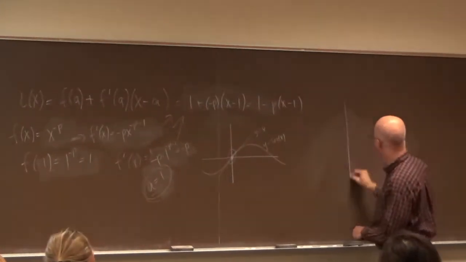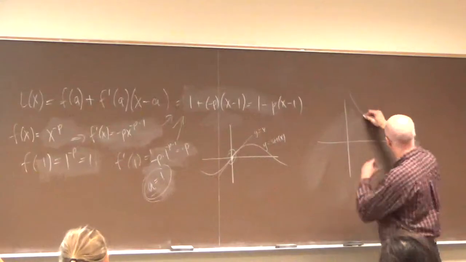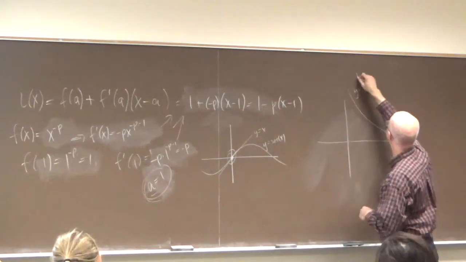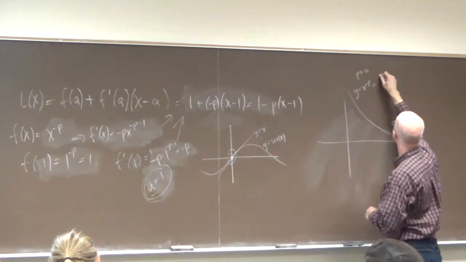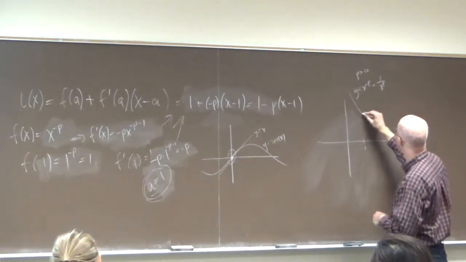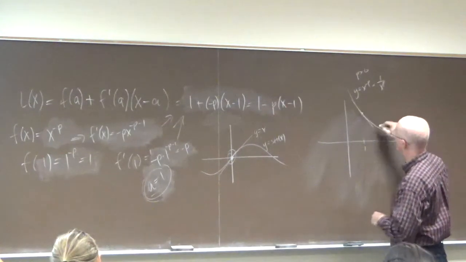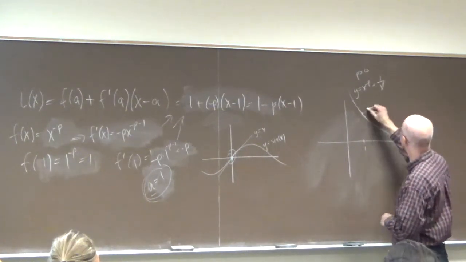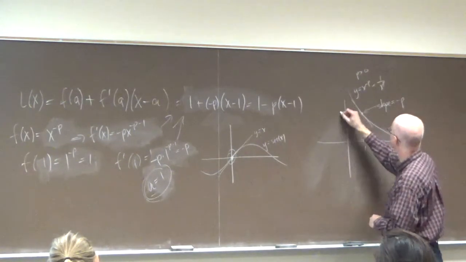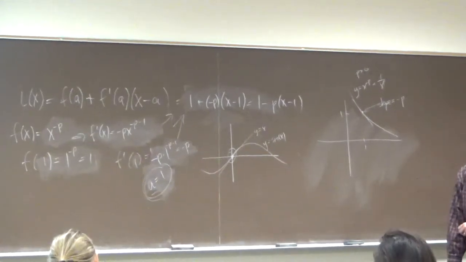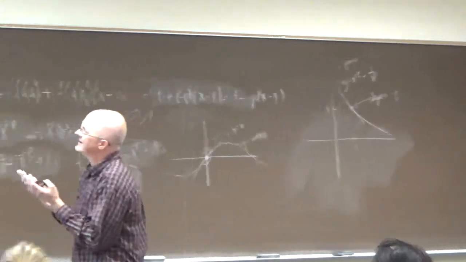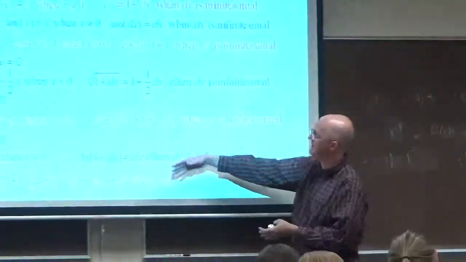Essentially, the graph of x to the negative p, assuming p is positive, really same as 1 over x to the p, looks like this, and at 1, the tangent line has a slope equal to negative p. That's what's going on. Okay? I'm not going to test you on these, though you should be able to derive any of those